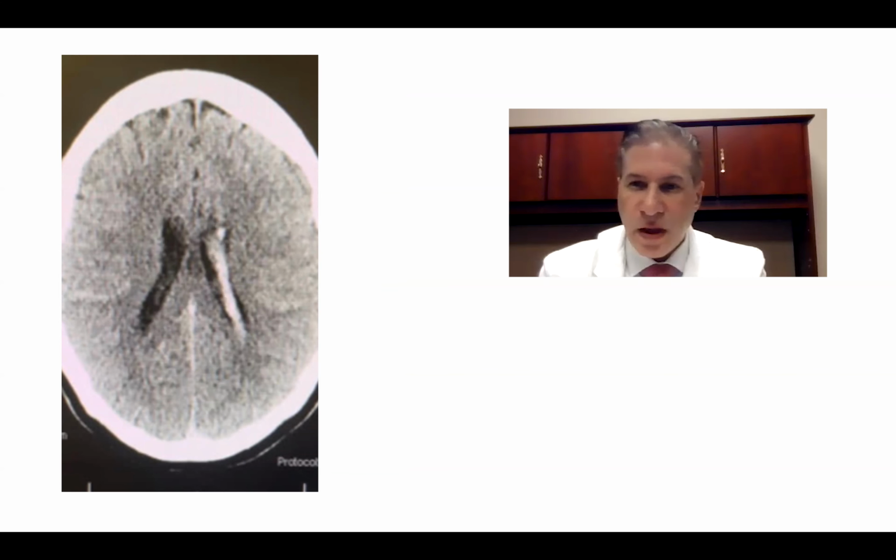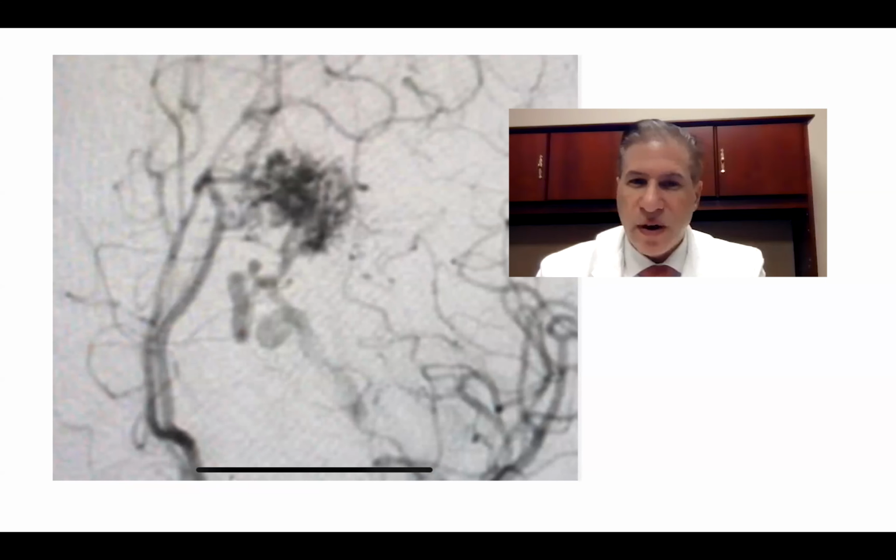But obviously an investigation began to try to find the cause of the hemorrhage, and imaging, MRI, and angiogram showed an arteriovenous malformation, an AVM, that was partly within the left lateral ventricle. This is the angiogram image showing the nidus of the AVM itself, the feeding artery, the draining vein, and this